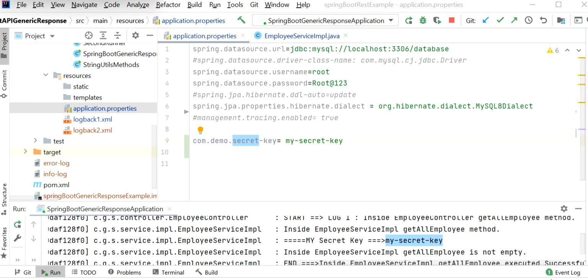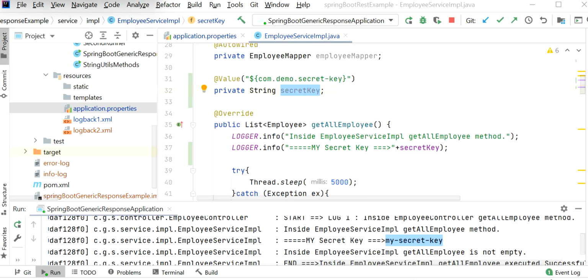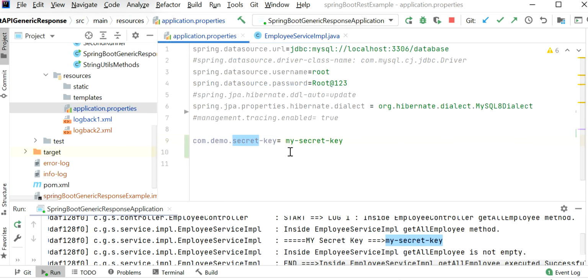We need to search the whole project and rename, because there is no separation of configuration and service implementation class. By using @Value annotation in our service bean, we are mixing our configuration with our service implementation. So we want to use externalized configuration. And here is one more disadvantage of this approach. For example, we have defined this property here, but if we are not able to find this property in our application.properties file, then it will throw an exception and will not be able to start our application.